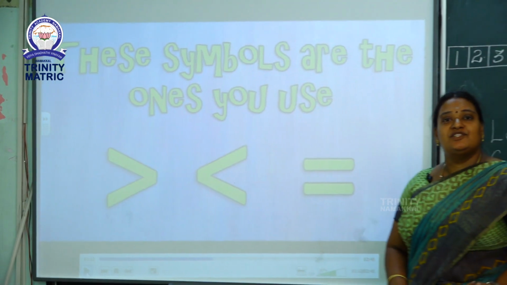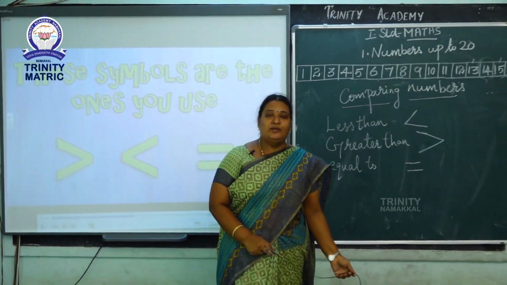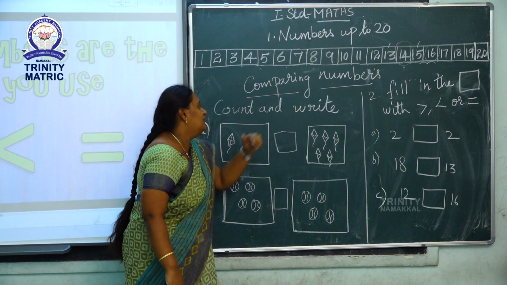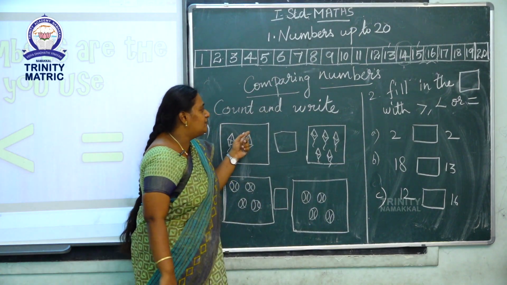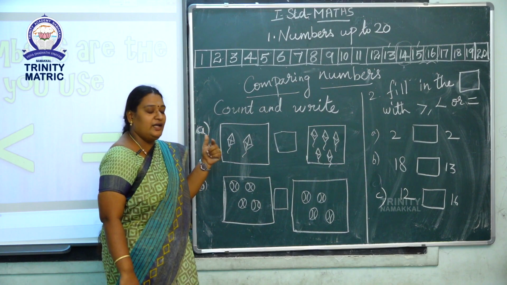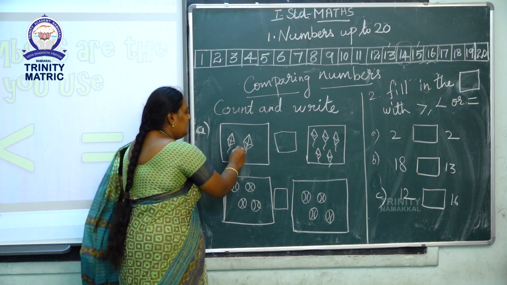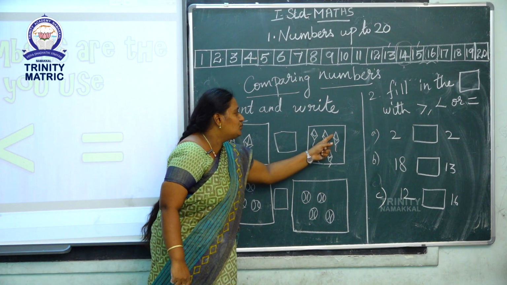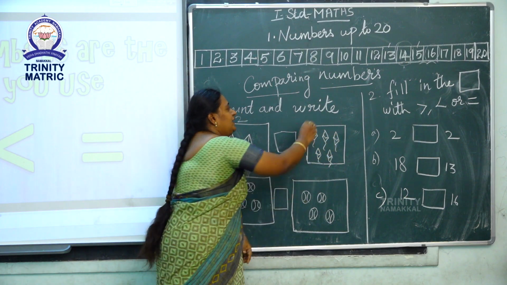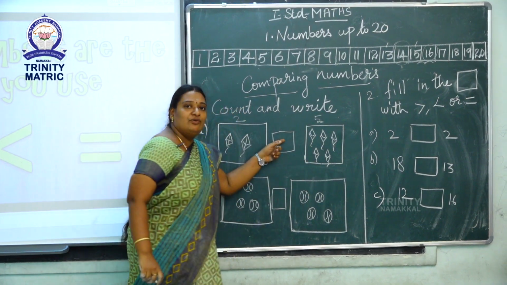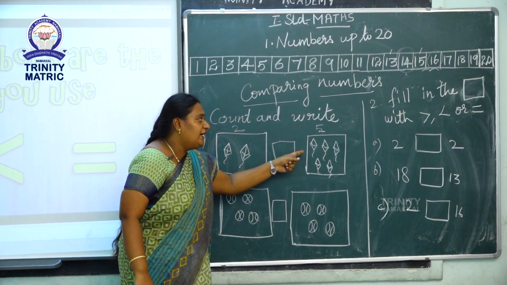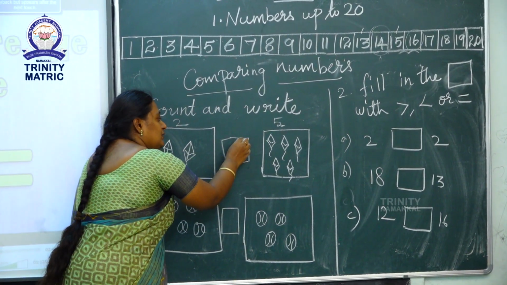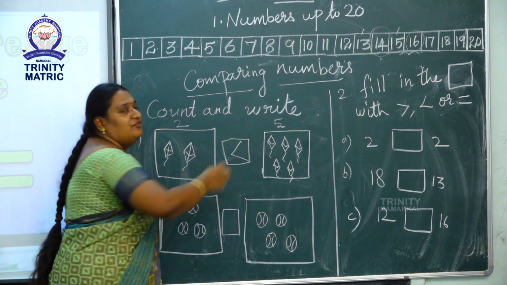Have you watched the videos, children? Yes, very good. Now we are going to see the sums. Let us see here. Count and write. Okay. You have to write the symbol greater than, equal to or less than. Count the kites here. 1, 2. Here 2. How many kites are here? 1, 2, 3, 4 and 5. Here 5. So what you have to write inside? Which one is bigger? 5 kites or 2 kites? Yes, that one. So 2 is less than 5.